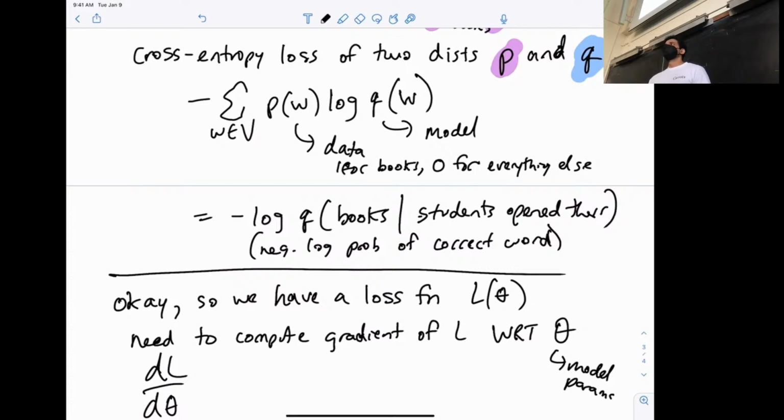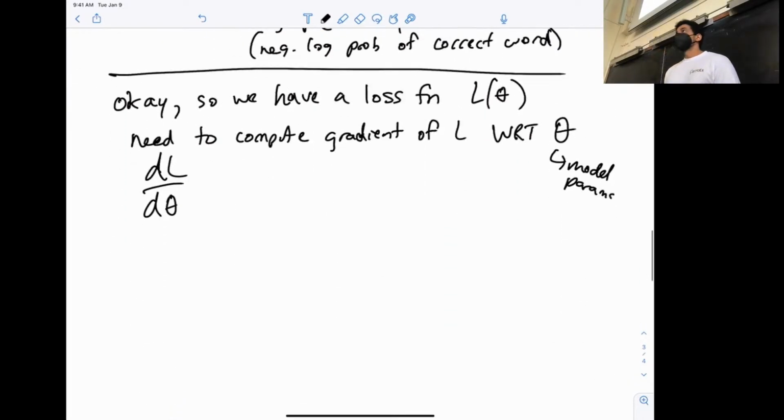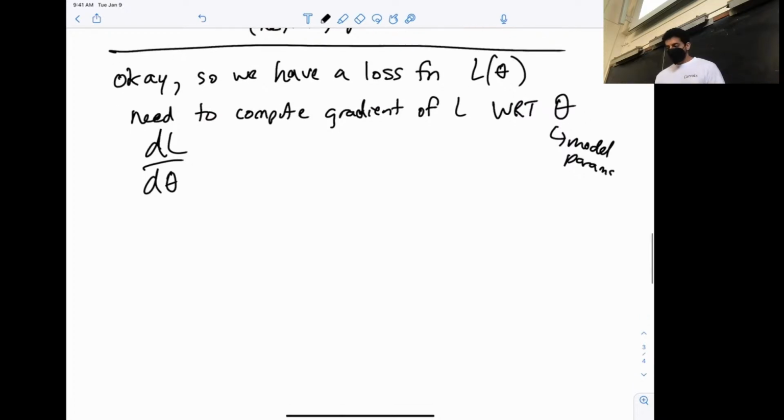But if you're training with maximum likelihood, you're going to try and maximize the probability of the data, which means books is what you observe, so that's what you want to train on. All right, so we're computing the gradient here. What does a gradient actually mean? The gradient,